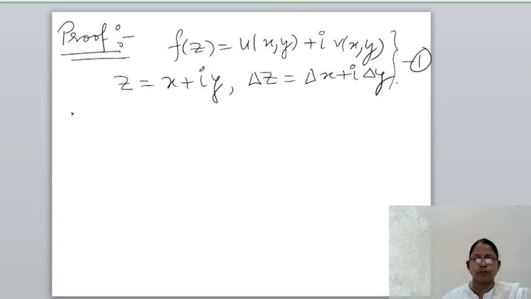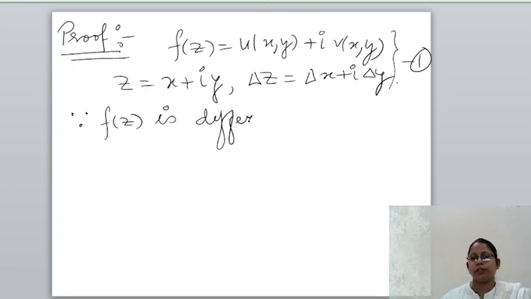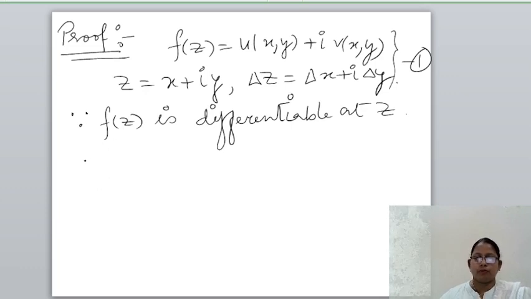Since the function f(z) is differentiable at z, therefore the limit